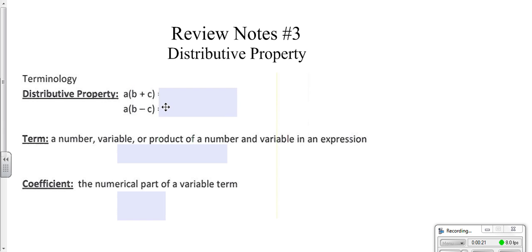Well, if we have these two expressions, it has a times the parentheses, and in the parentheses you have an addition problem or a subtraction problem. The distributive property would say take the a and take it times b, and then also take it times c. That would be the same for the lower expression. And when you do so,